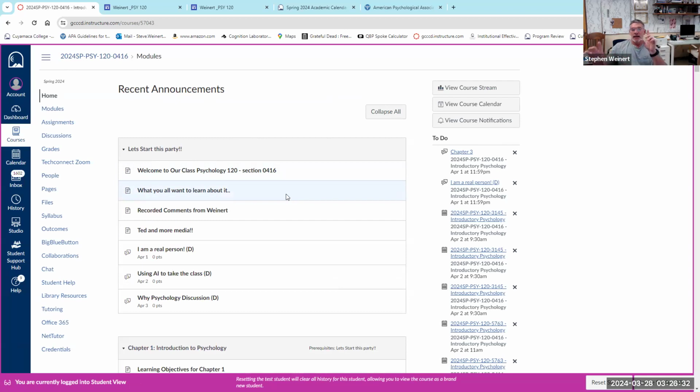But as you look down, most people just click on what's next. What assignments do I need to do? And if you do that, you miss a lot of the course content. So I really hope you can navigate through the modules. I'm not going to make it so you have to click through the modules because then it's a pain. So I'm going to trust that you're going to click through the modules. Every single week, there is probably 5 or 6 things to do.